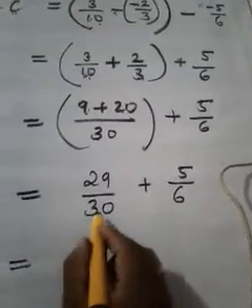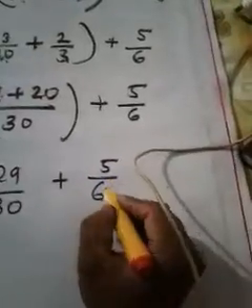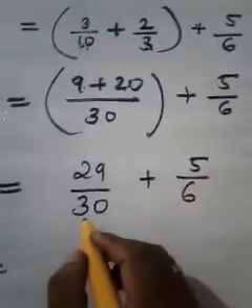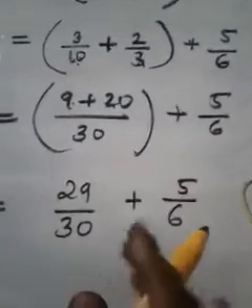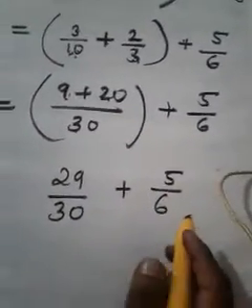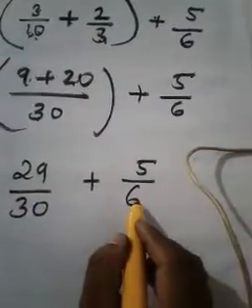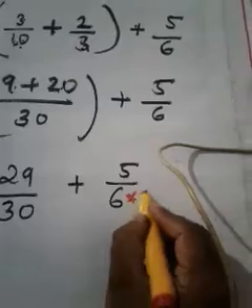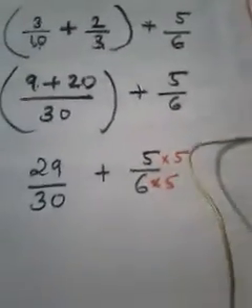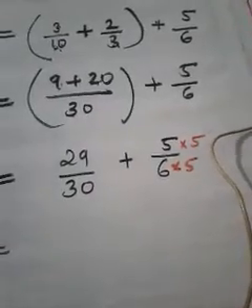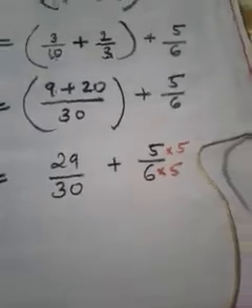Now here the denominator is 30, here the denominator is 6. Here I am going to use the LCM method of making the denominator the same. Otherwise you can use cross multiplication, but when you use cross multiplication, the numbers become very large. That's why I am going to avoid that. Can you make this 6 as 30? Just multiply with 5. Since I am multiplying here with 5, here also I am supposed to multiply with 5. You know that method because we already explained it in the beginning videos, isn't it?